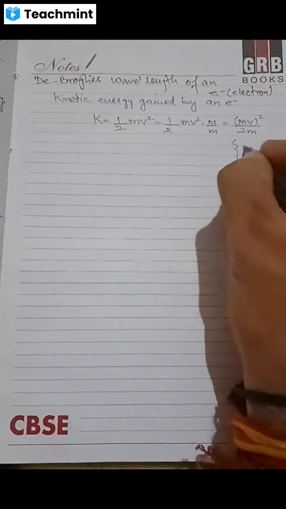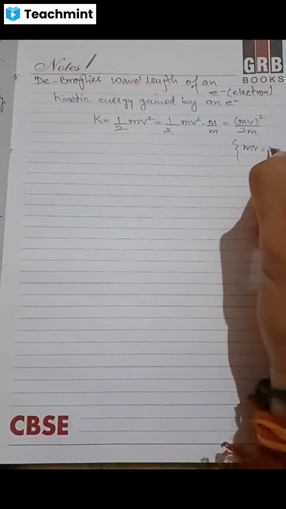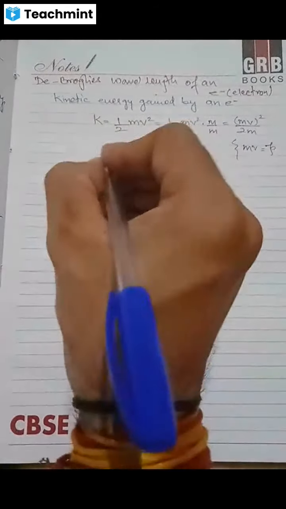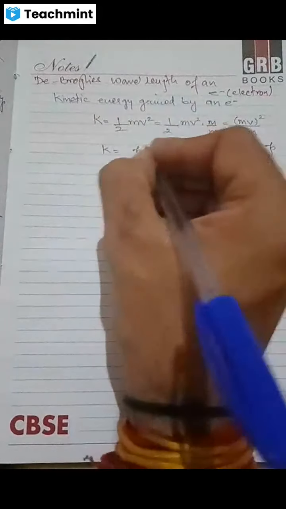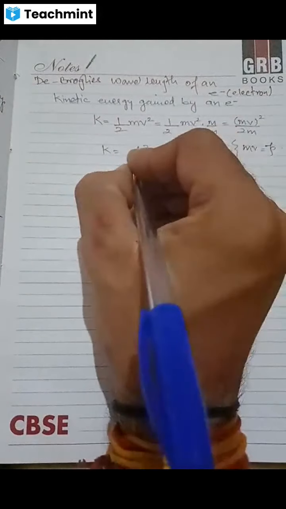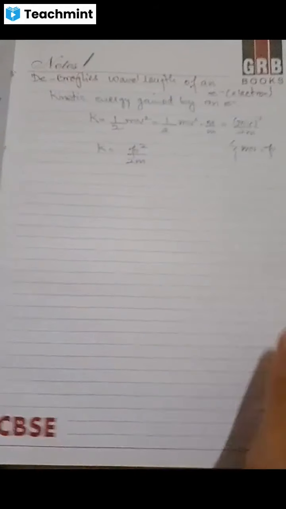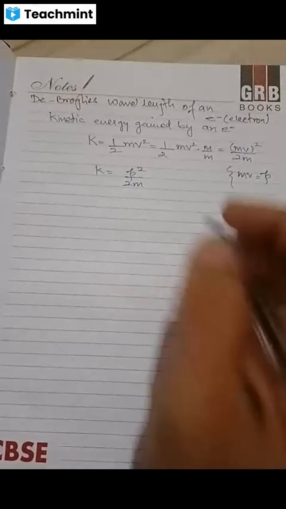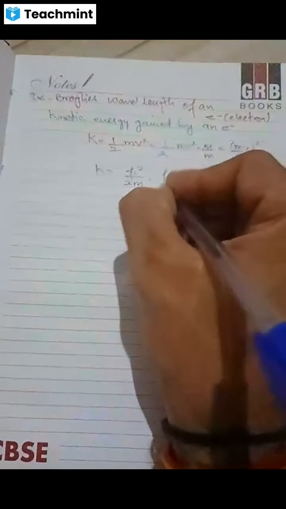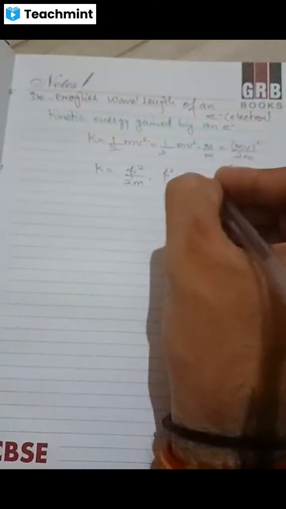You already know mass into velocity makes momentum. So you can write here kinetic energy is equal to mv, that is p square upon 2m. So this is the relation between the momentum and the kinetic energy. You can also write it in the next expression. You may write here p square is equal to 2mK, or you can write here p is equal to under root 2mK. So this is what we will be getting, right?